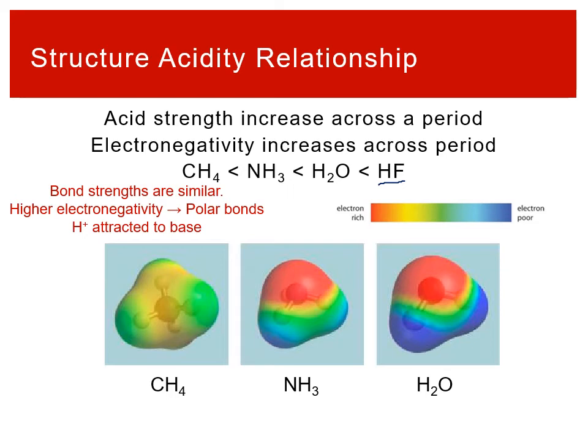And basically the reason is, previously we said that relative atomic sizes had really informed relative strength of bonds. All of these are similar sized atoms. So these bonds actually all have similar strengths. And so how we understand this trend then is based around electronegativity. We know that electronegativity informs the sharing of electrons in a bond. Hydrogen is the same here, but as you go from carbon to nitrogen to oxygen to fluorine, your electronegativity is